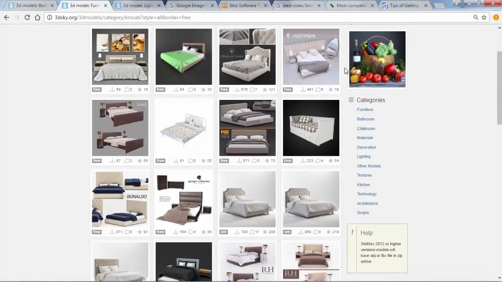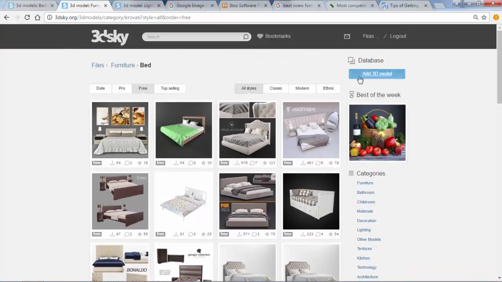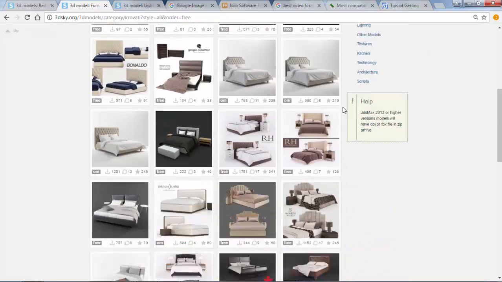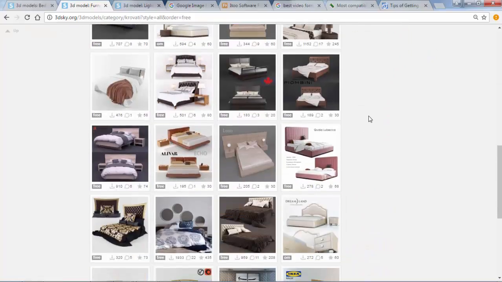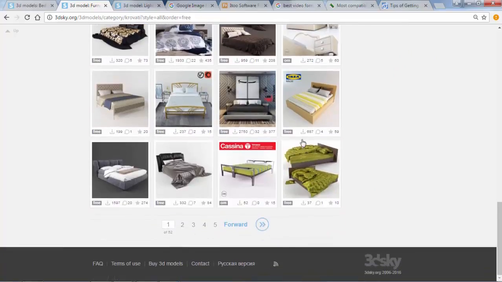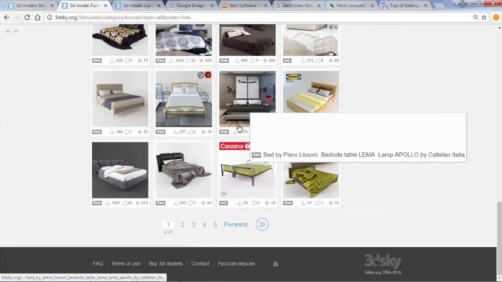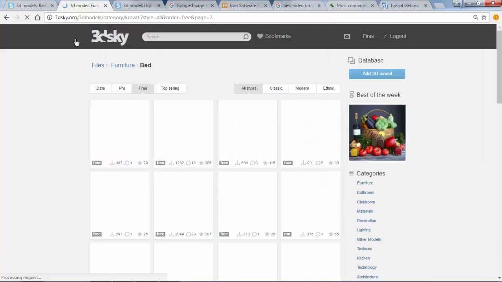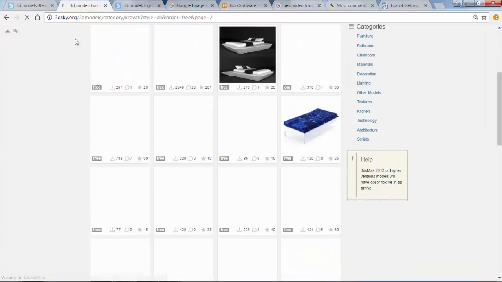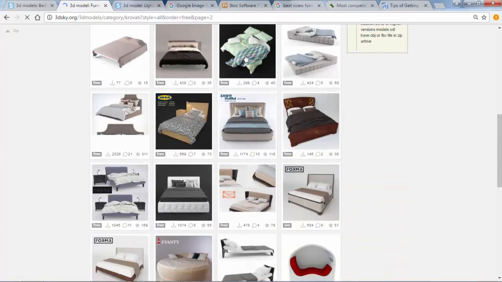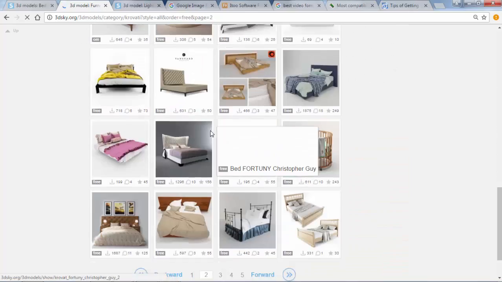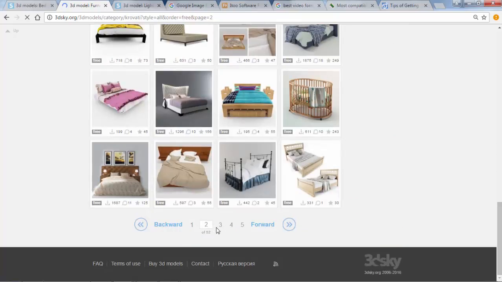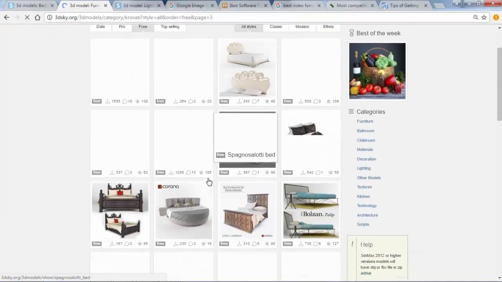They give you 3 downloads a day, or you can have a paid account, so you can download, I think, 8 or something. Just try to see it. I'll search for the same bed for you. You can pick any bed actually that you like. You don't have to pick the same bed that I have used.